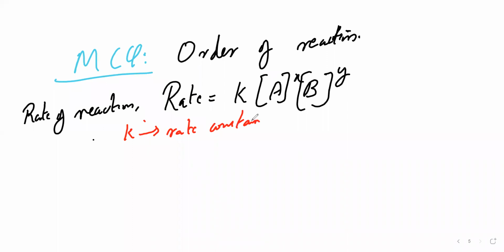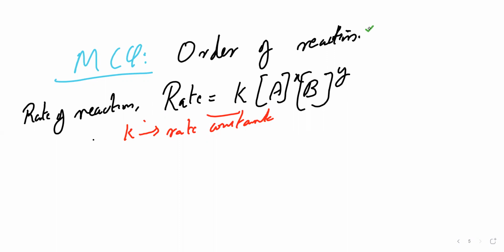Okay. So normally in the MCQs or in entrance examinations, this K will get cancelled in any problem, so that has got no meaning basically. The problems are typically based on the concentration of reactants or products. So K will obviously get cancelled, so no need to worry about that. Okay. So coming to this, my main concern is the order of a reaction. Correct.